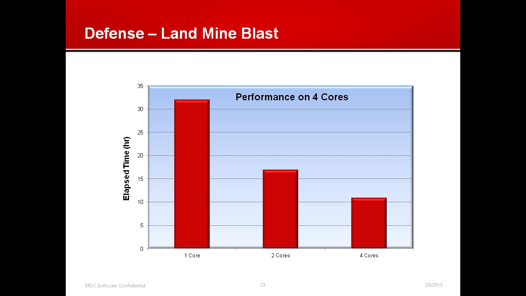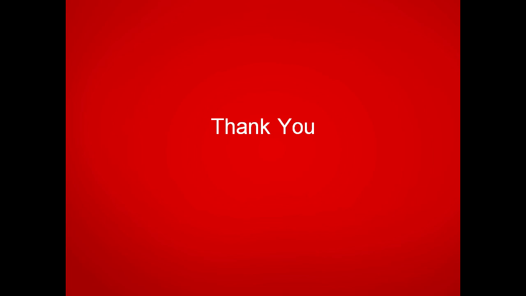As they increased the number of cores to 2, they were able to halve the CPU time, and going from 2 cores to 4 cores, they were able to complete the simulation in 11 hours, almost 1/3 of the time. So with that, I would like to conclude my presentation and return back the control